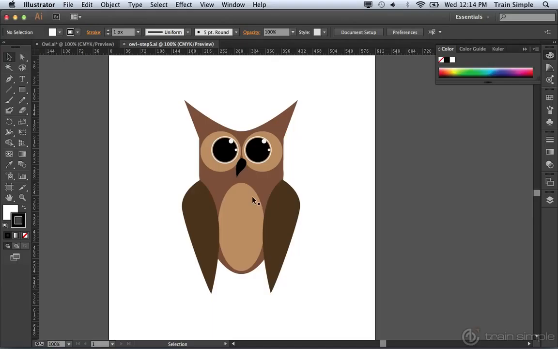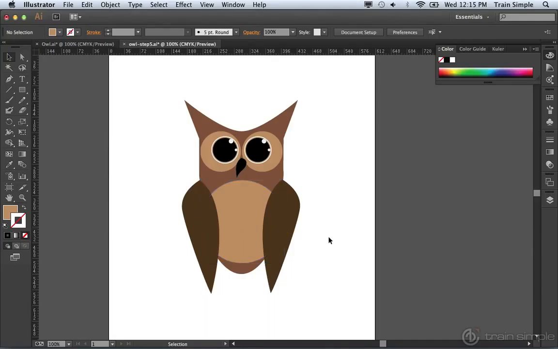So the first thing that I want to do is make the owl's stomach a little bit bigger. So I'm going to go ahead and select this oval, and I'm just going to increase the width by dragging the left handle to the left and the right handle to the right. Now, if you increase it so much where the stomach is now going beyond the defined body area, just increase the height of the circle a little bit so it doesn't do that. And then if you click away from it, you can just verify that it looks good. So I may have to nudge this up using the up arrow keys on the keyboard,